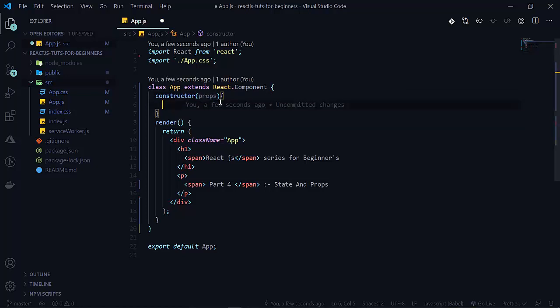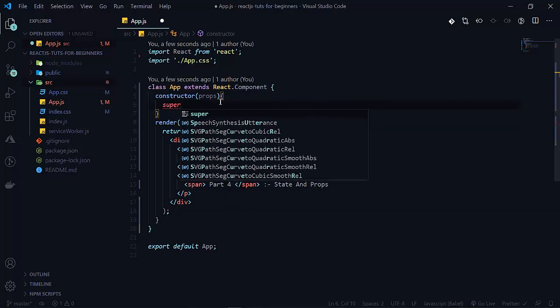Props are just properties, like JavaScript arguments, or you can say JavaScript properties and HTML attributes. Nothing more is there. I will tell you in the next half of the video.